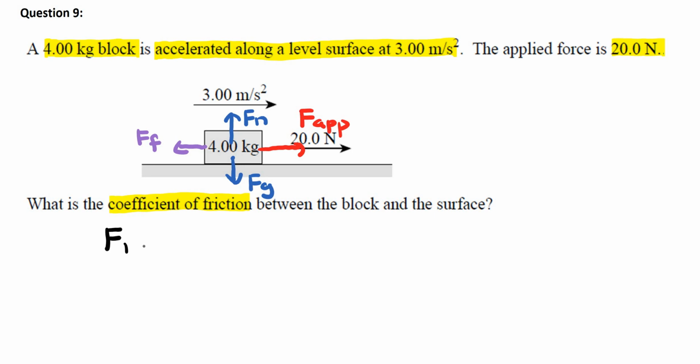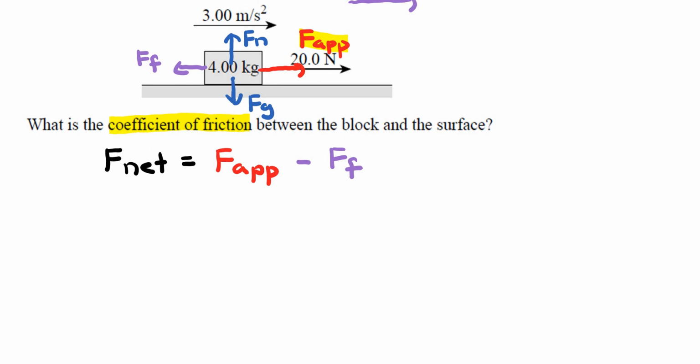and create a F net equation here. So F net equals, now since this problem is heading to the right direction, I know that the force applied will come first, so force applied, and then we subtract the force of friction. Okay, and then we can go ahead and use Newton's second law here, so mass times the acceleration equals the force applied